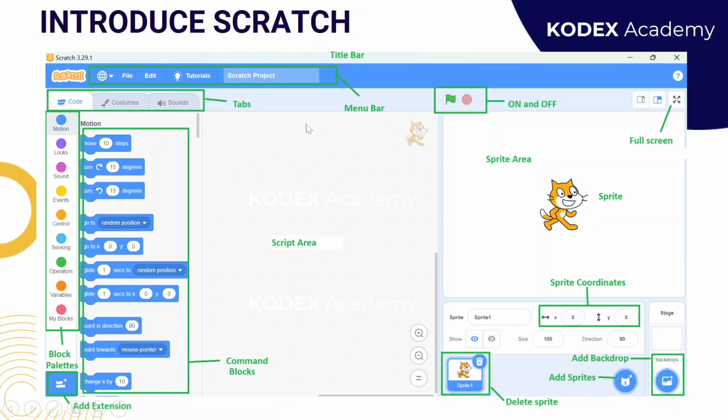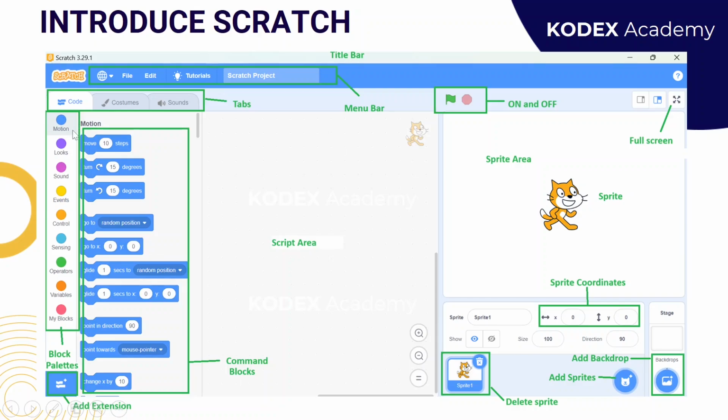So here in this script area, with the help of these block palettes, we select our command blocks and drag and drop these command blocks in the script area. And on the basis of that, these sprites will work and help us to create very interactive animation. So these all function together, which helps us to create different interactive animations, stories and games.